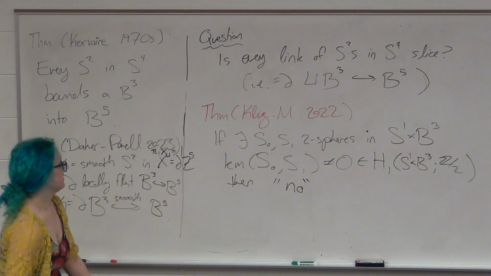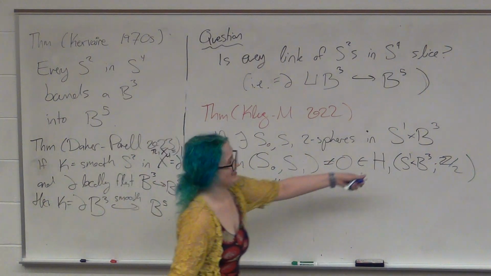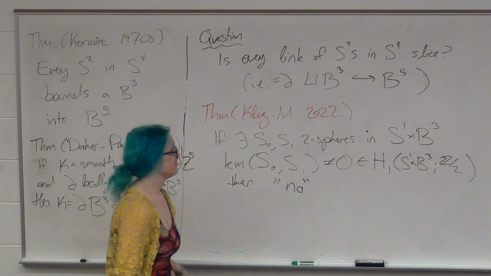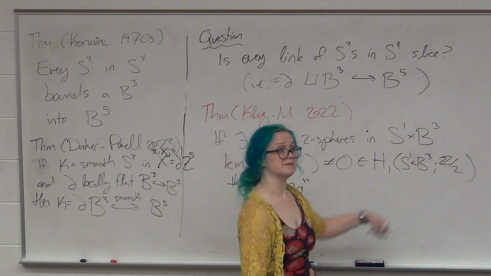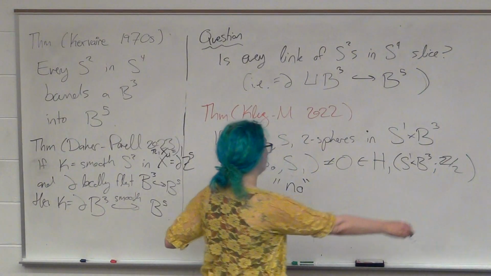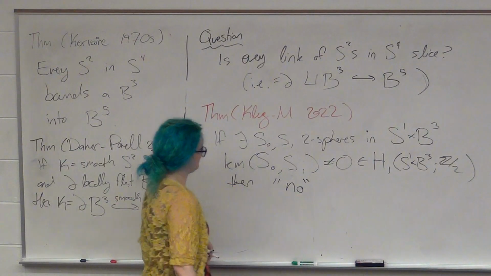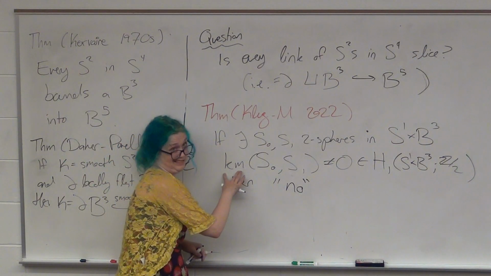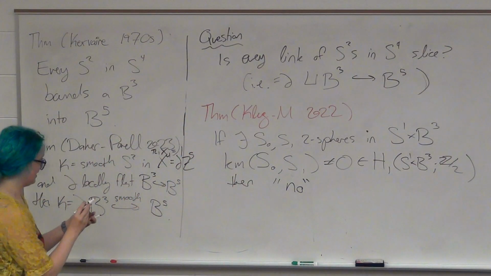And in an earlier paper, we produced lots of two spheres in a slightly different 4-manifold that do have non-trivial Kervaire-Milnor invariant, but I don't know how to do it in S1 cross B3. So for me, this is very interesting. The problem with saying this is a question is you don't know what the Kervaire-Milnor invariant is, and you won't answer this either. All I'll do is say that